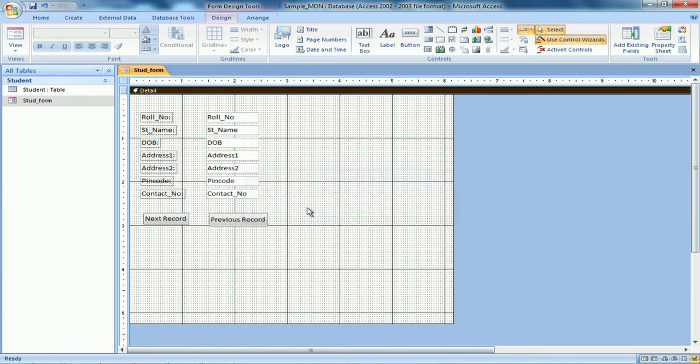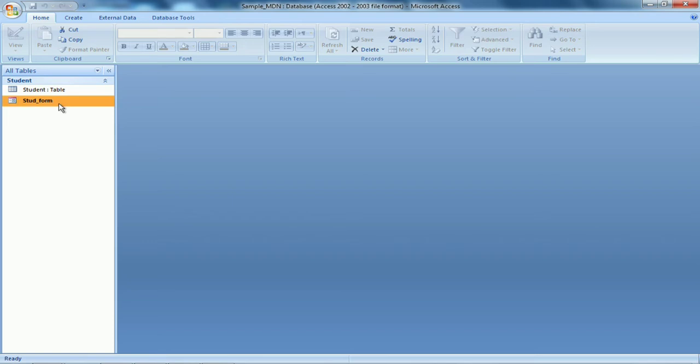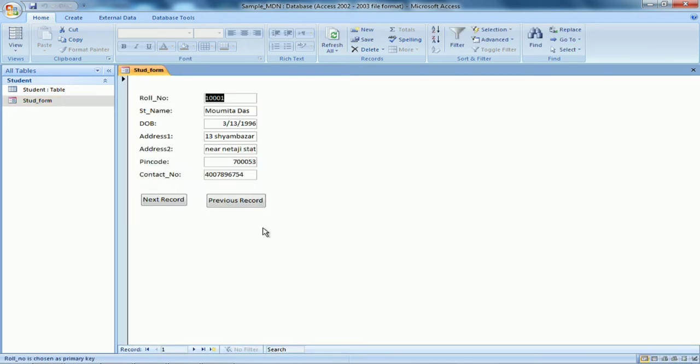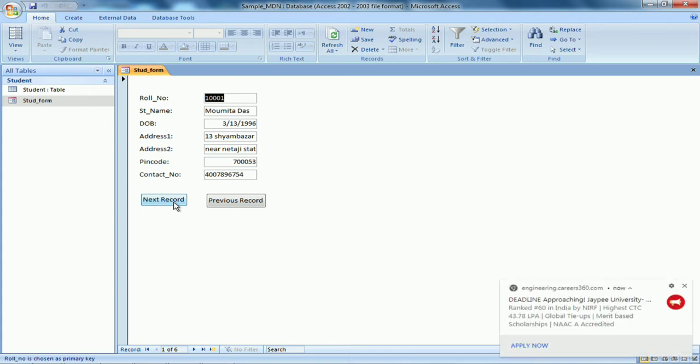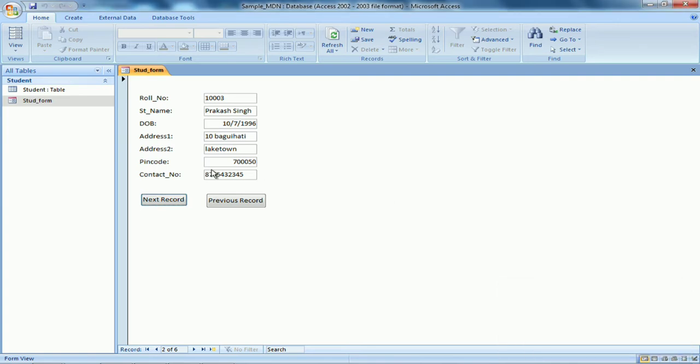So now let's save this form. Do you want to save the changes of the design? Yes. Double click. Now you see, previously when I had only designed the form without a button, there were only the form details shown here. Now I have placed 2 buttons. I have not written any program, I have just used some pre-written programs inside MS Access, and I have placed them on the form.